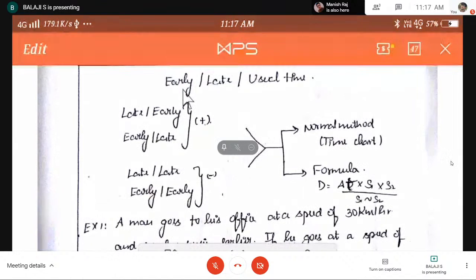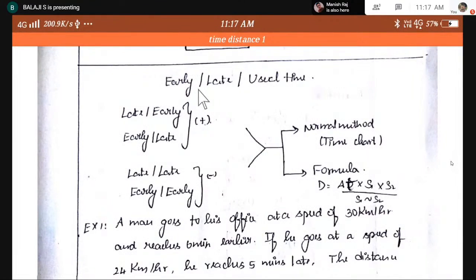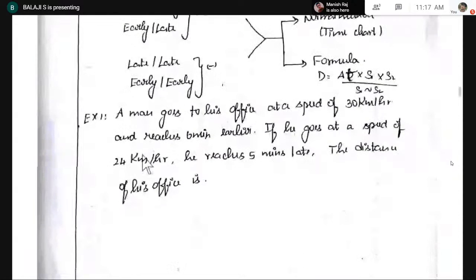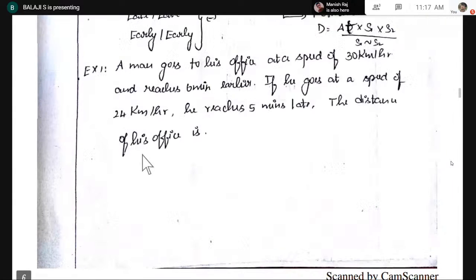Sorry for the inconvenience. Okay, let us continue with the topic. We are going to discuss early, late, and usual time problems. Before going into the topic, let me read a question. A man goes to his office at his